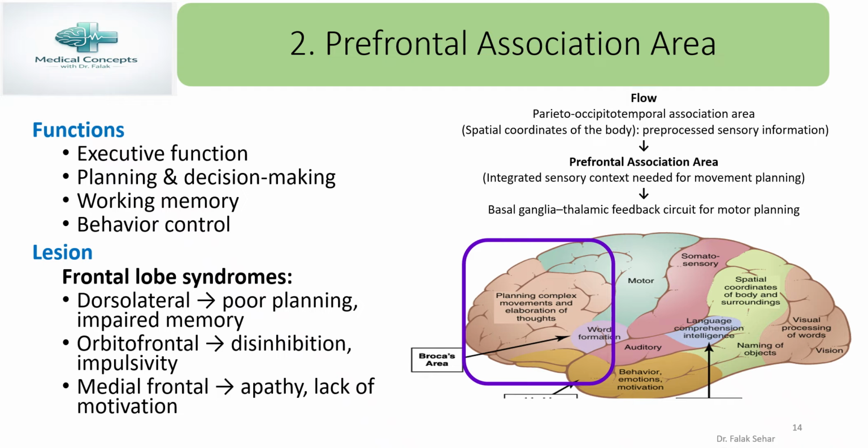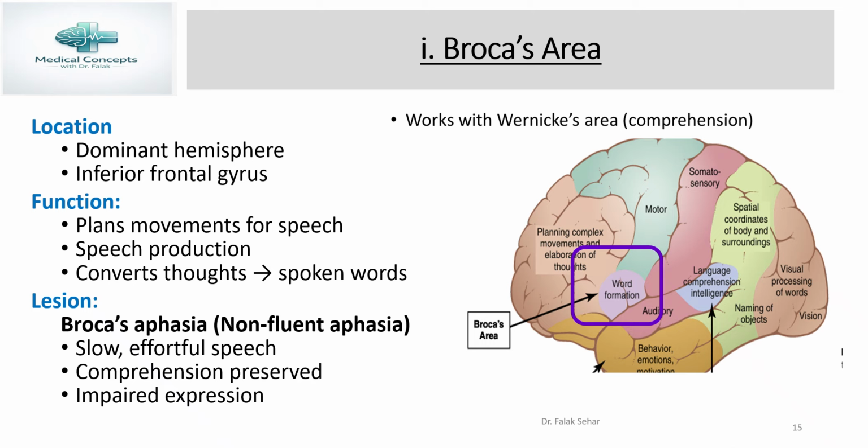Clinically, lesions can produce frontal lobe syndrome. Dorsolateral damage leads to poor planning and memory deficit. Orbitofrontal damage causes disinhibition and impulsive behavior, while damage to the medial frontal area leads to apathy and loss of motivation. Now there is another important area in the frontal association area, and this is known as Broca's